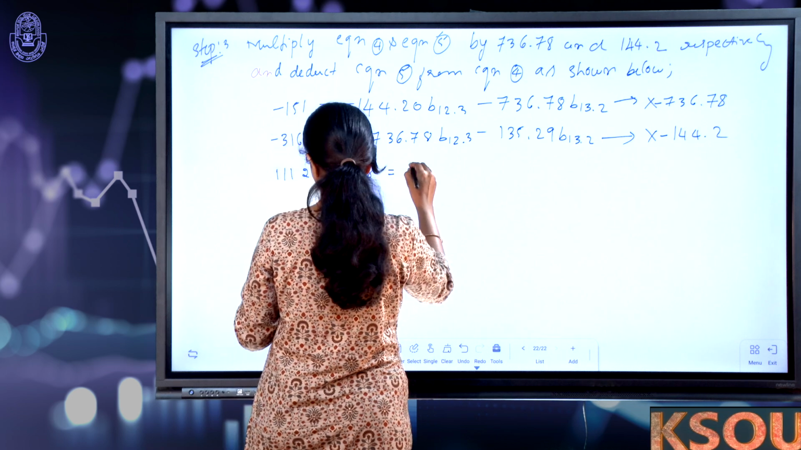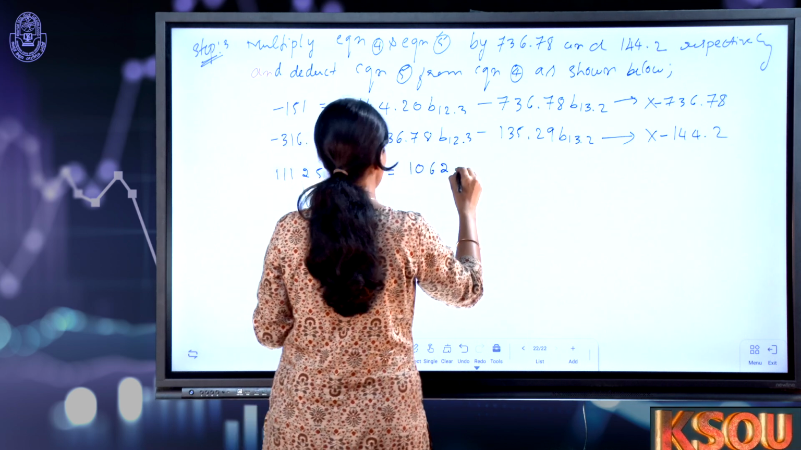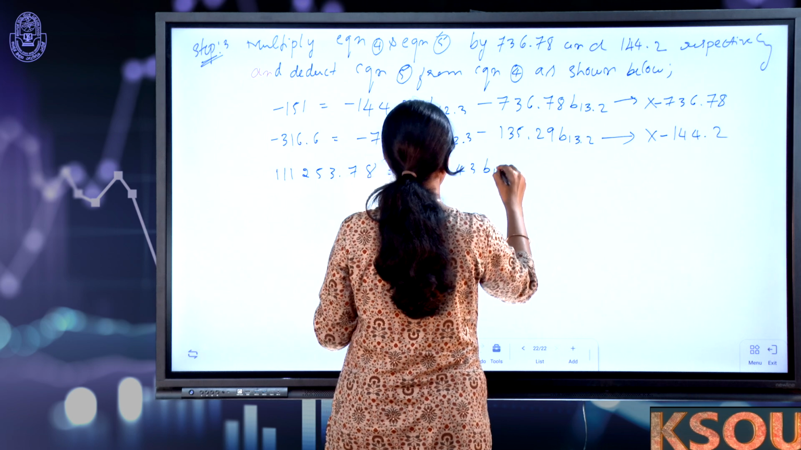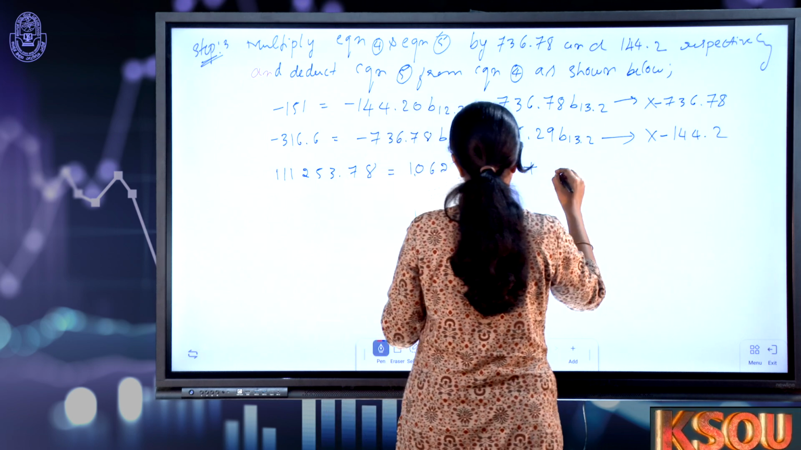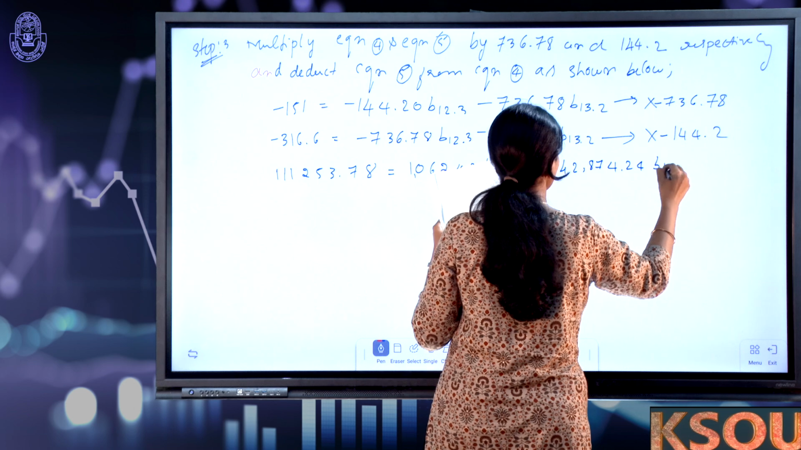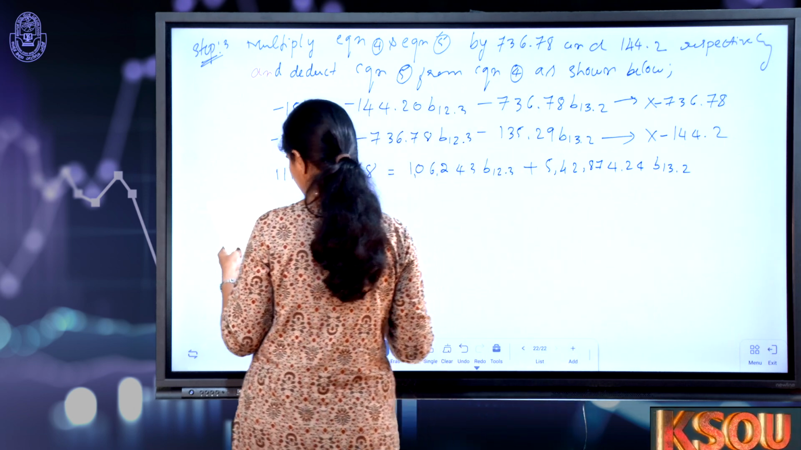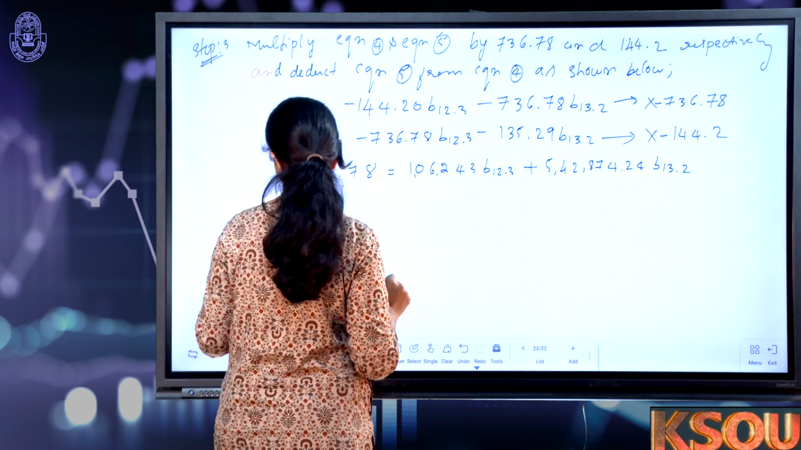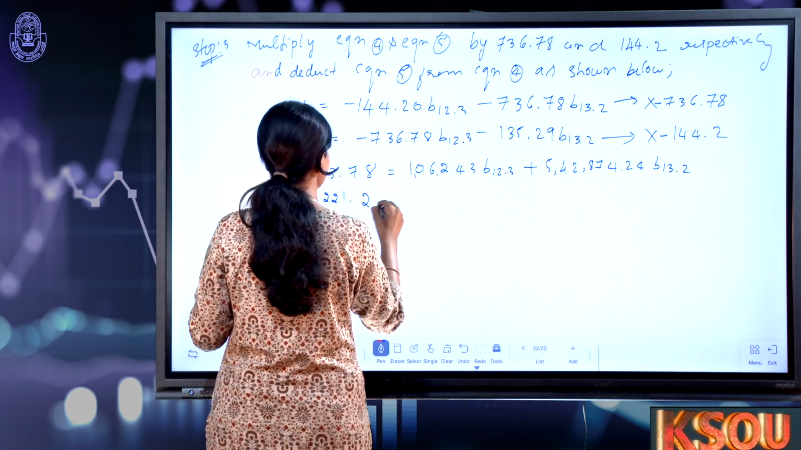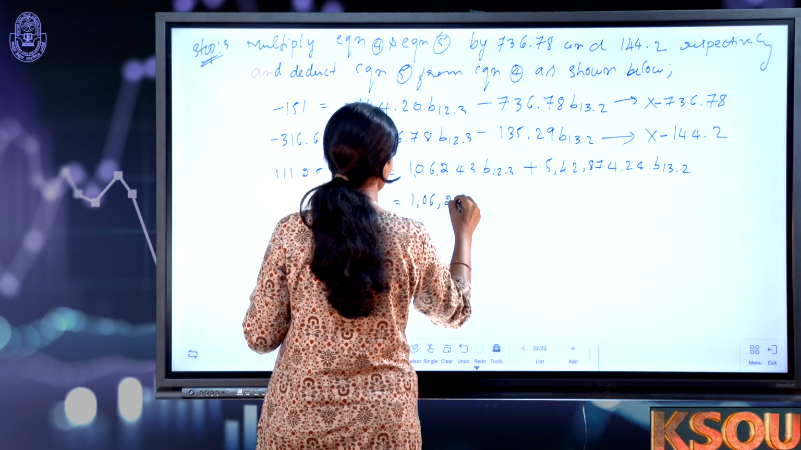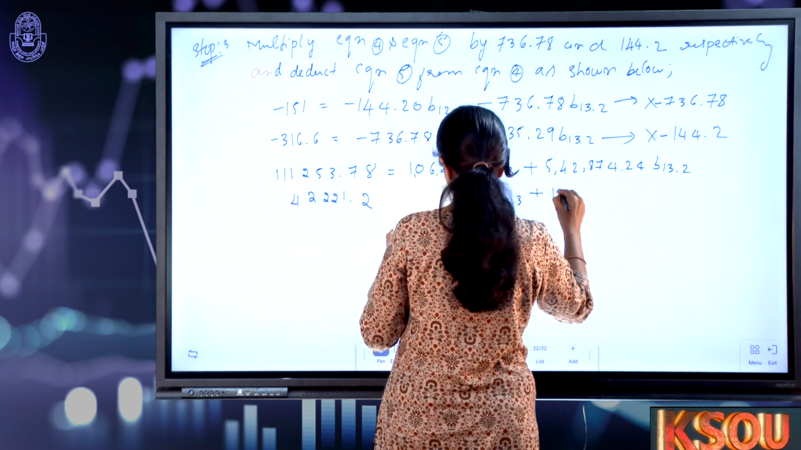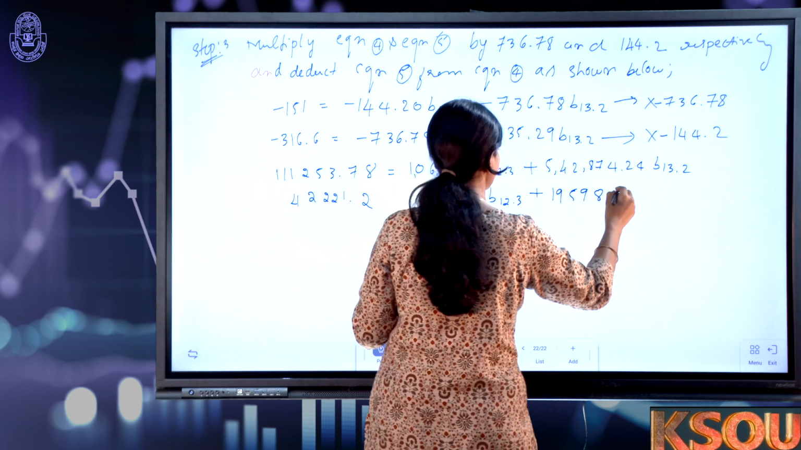1,11,253.78 is equal to 1,06,243 B12.3 plus 5,42,874.24 B13.2. Similarly, here if you multiply by minus 144.2, you should get the values like 42,221.2 is equal to 1,06,243 B12.3 plus 19,598.82